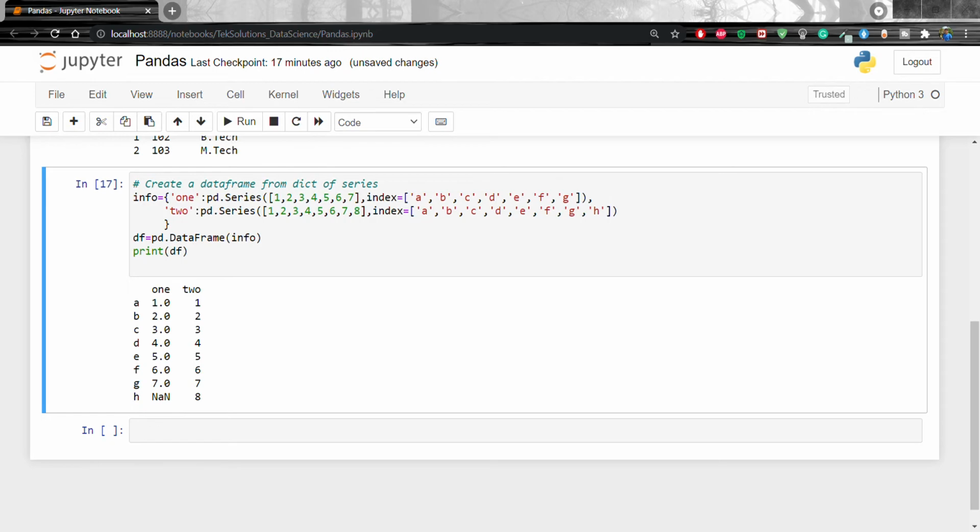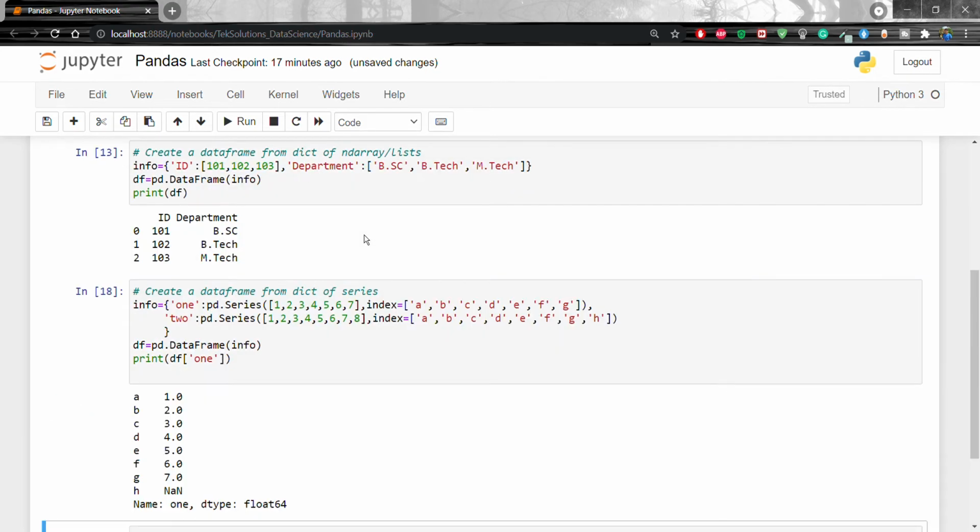Now I am going to show how we are going to access a column. So we will go with the same example, but now I am going to pass the 1, to access only one column. So we will get only one column, not two. Shift enter, right? We will get only 1.